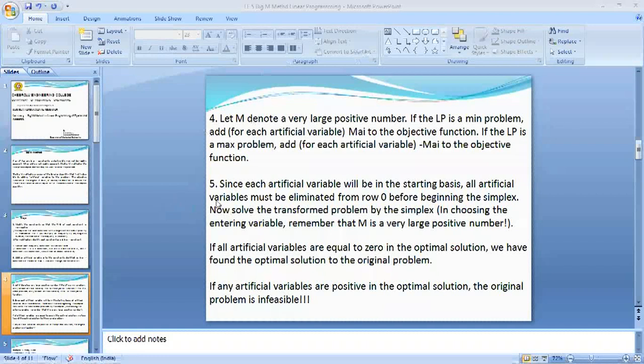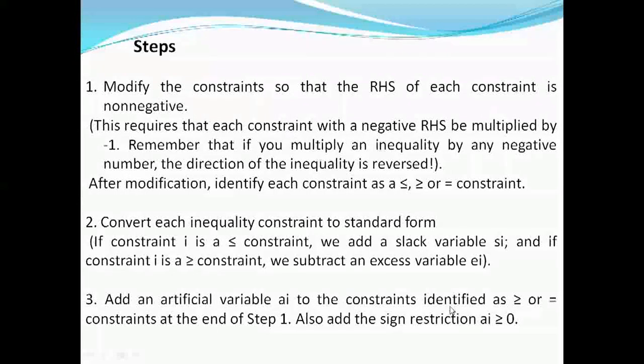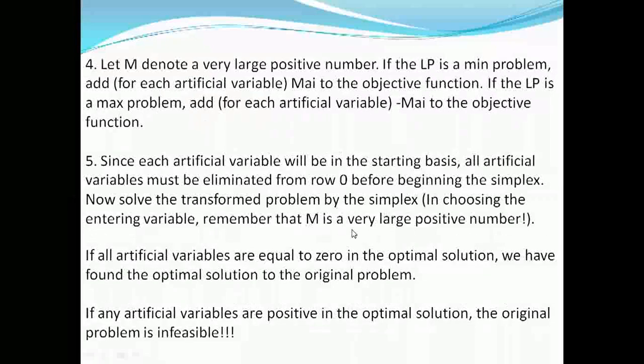Step 2, the second one, is converting that equation to a constrained form, that is, the addition of a slack variable. And the third step is the addition of the artificial variable. And the fourth step will be taking a large positive number and multiplying it with the artificial variable you have taken in the third step. So these are the 4 different steps to be maintained for the simplification exercise, right?